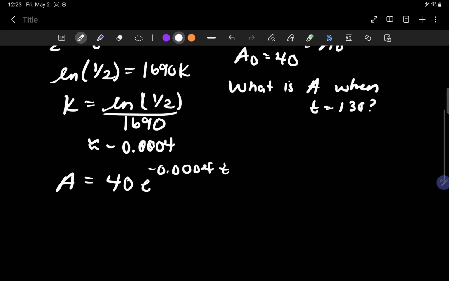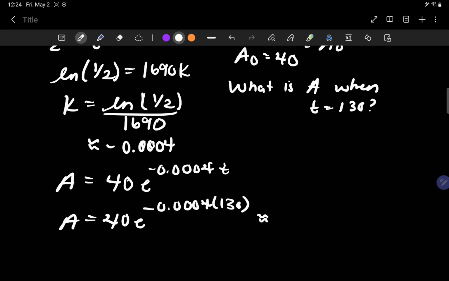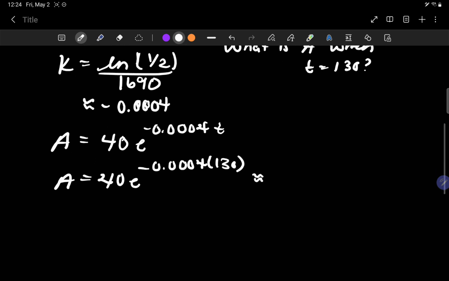So now that I have my exponential equation, I can plug in different values of t to tell me how much of the material is left over. So when I plug in the 130, I'll have 40 times e raised to the negative 0.0004 multiplied with 130. Give me a sec for that. Looks like